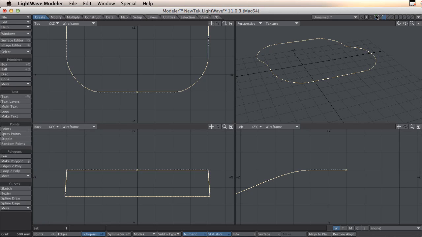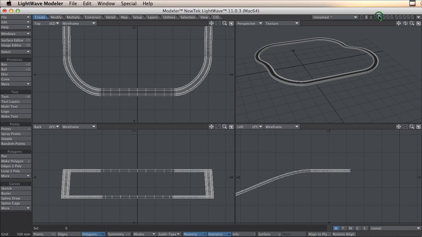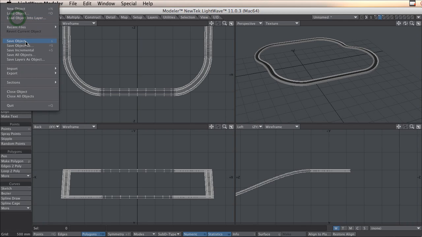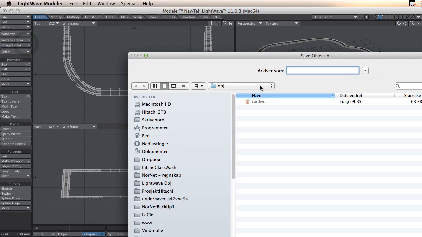Now I have two paths, look the same except for the spaces between the points, and I have a road. I save this object, road,